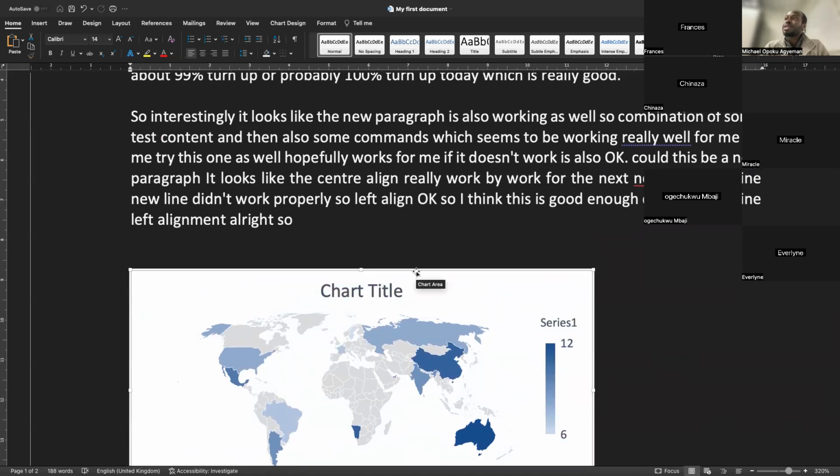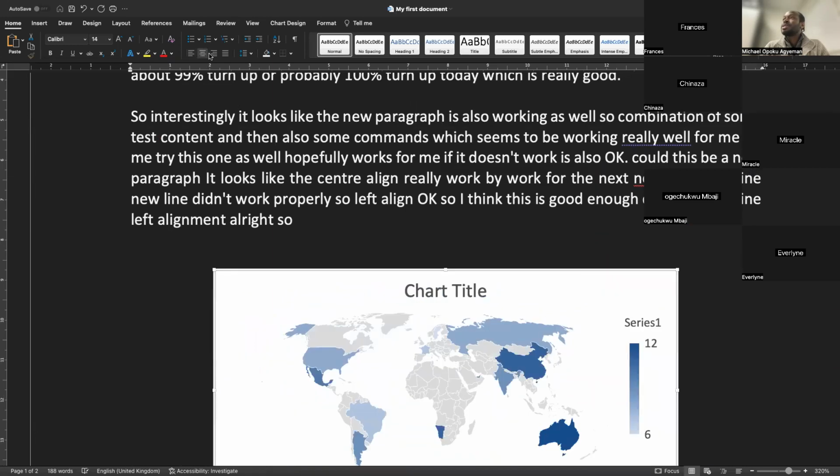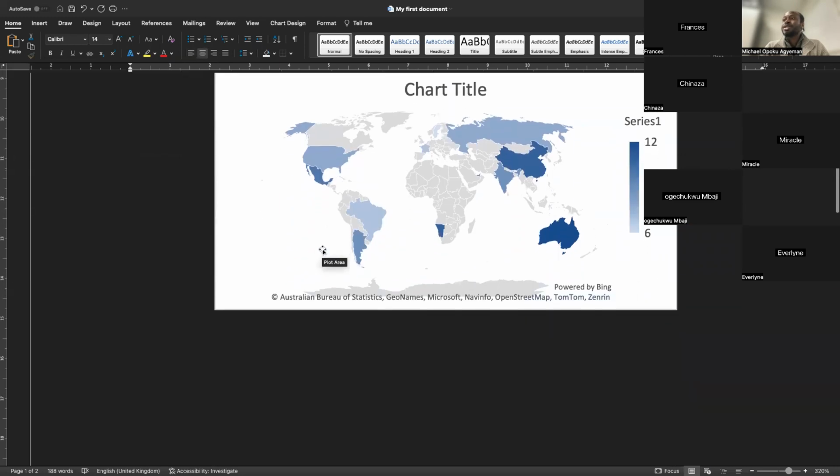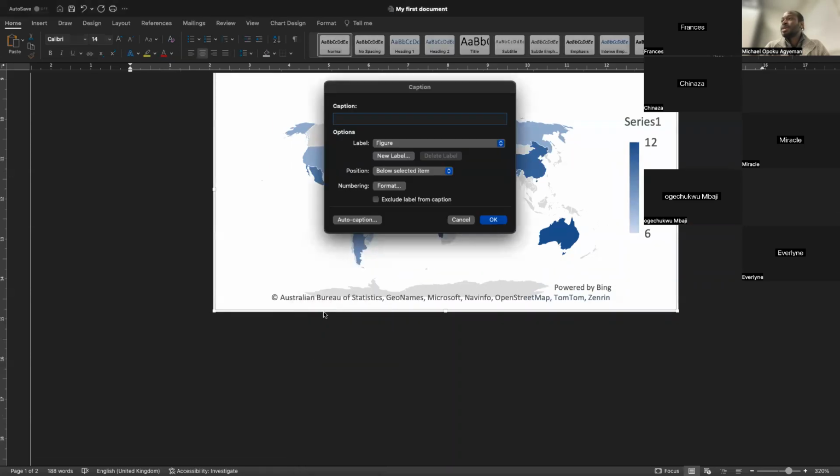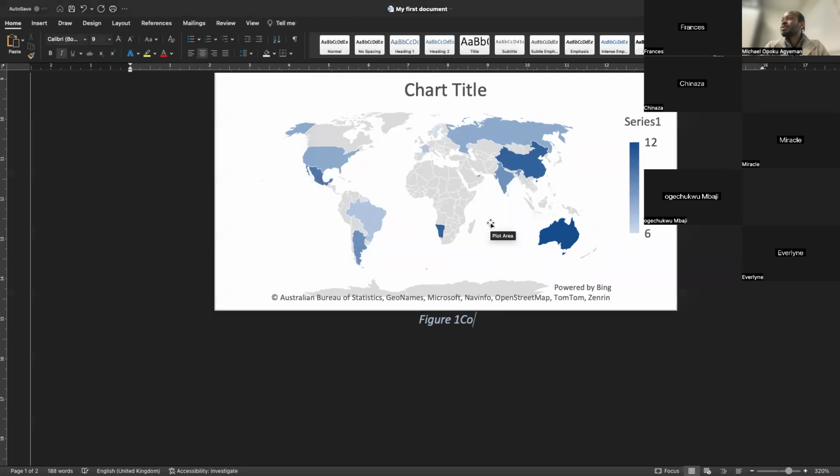So I can select the map, and then I can center it or left align it. You can add captions if you want. Since this is a Word document, let me right click and say insert caption. It's not allowing me to type full map. It should allow me to type, but it is a figure, whatever. I just insert a label, figure, and let's put a label on there. So figure 1, I just type